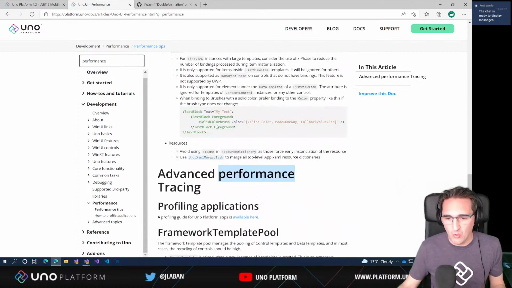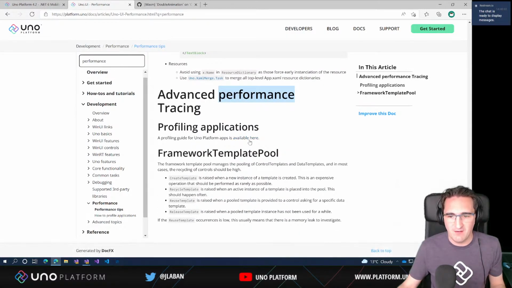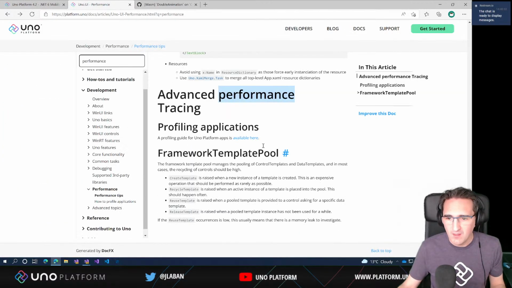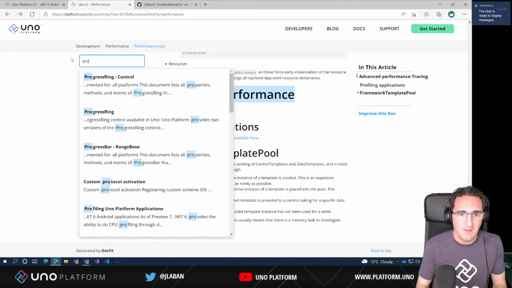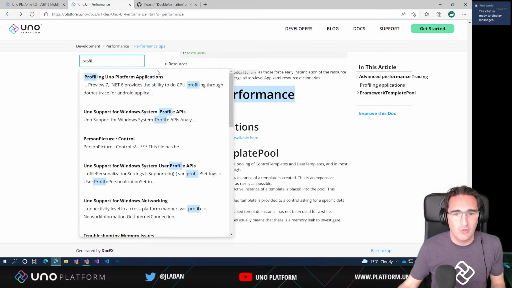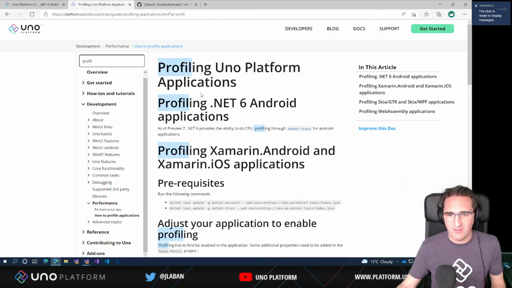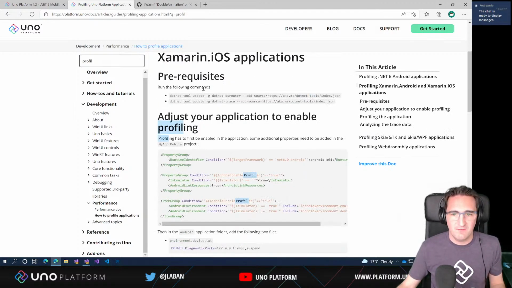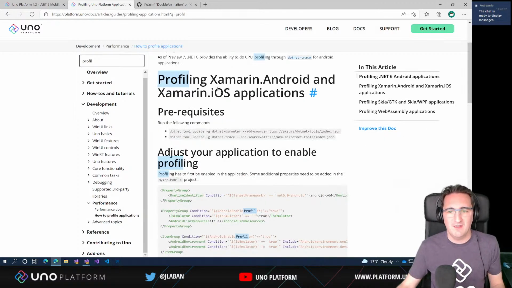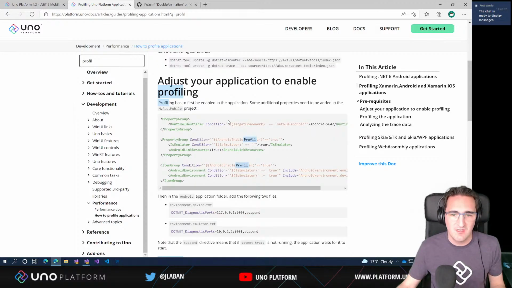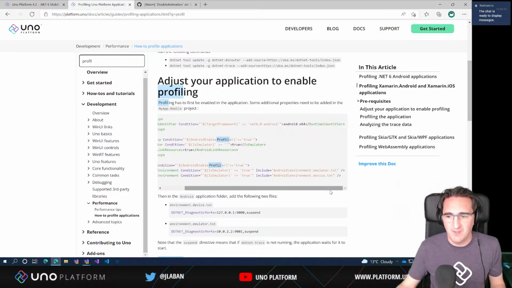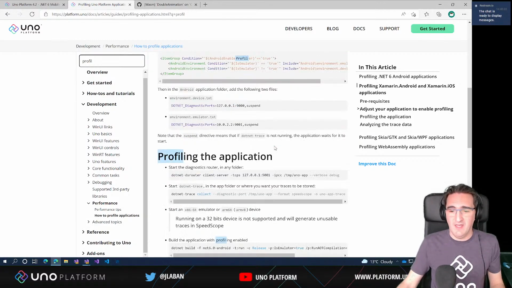But the one that's particularly interesting is the profiling documentation. I see that we have a link error here. So profiling application, profiling Uno platform applications. There you go. So that document is particularly interesting because it gives a set of instructions to be able to profile Xamarin Android and Xamarin iOS applications. So for Android specifically, there's a few things to set inside of your application, and it allows to use